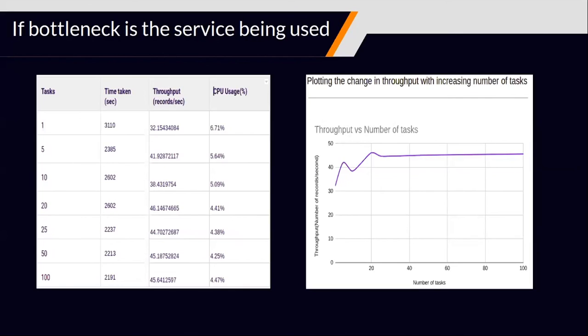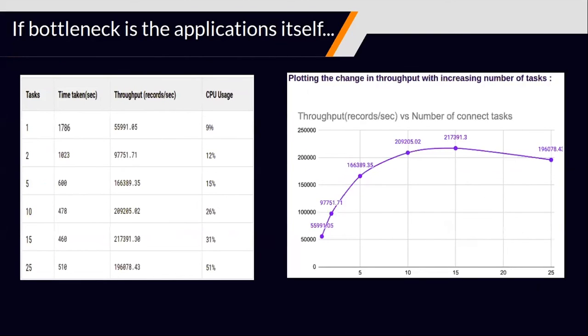Going to the next example here. Again, it is very similar to the previous example where throughput is not as high as we would expect it to be. So here again, we'll only find out if the bottleneck is in the external service or the application after digging deeper into the issue. But here, while trying to figure out whether the bottleneck is in the service, we actually found out that the external service can ingest more data than what is being sent to it.